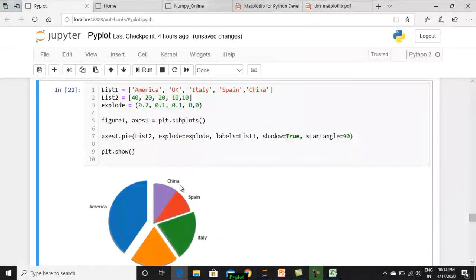I was thinking of the COVID status, and I have drawn this pie chart. The major deaths are in America, followed by UK, followed by Italy, Spain, and then China. That's what I understood. So list 1 has the names of all the countries. List 2 has the proportion out of 100. So altogether, if you sum up all these values, it should come to 100 because the entire circle is represented as 100 percent. Then this explode will tell you how much you want to move that particular sector out of